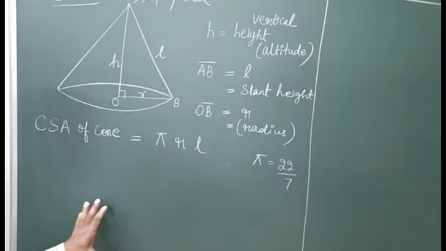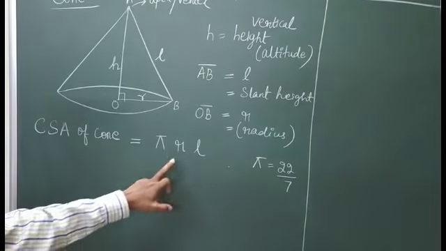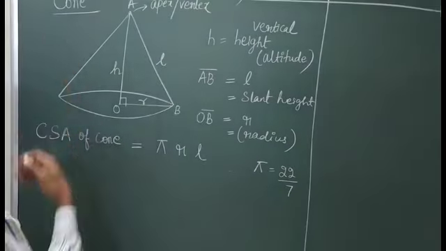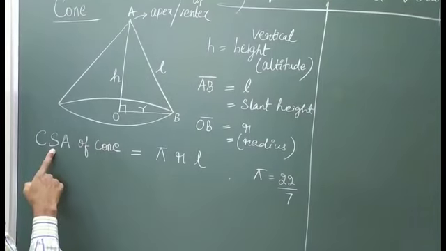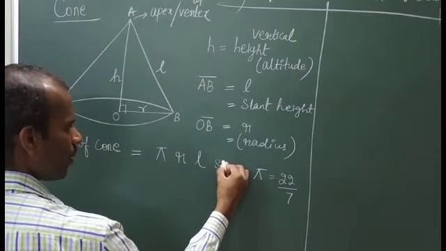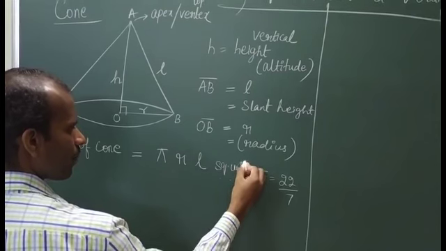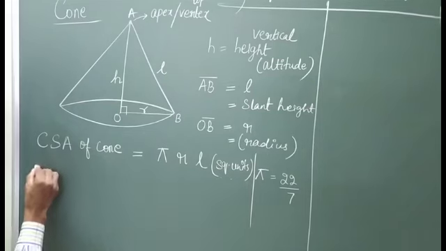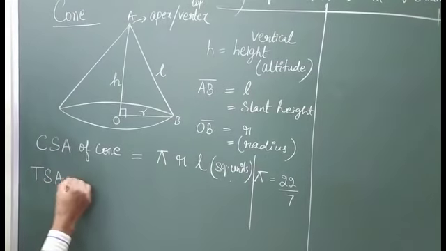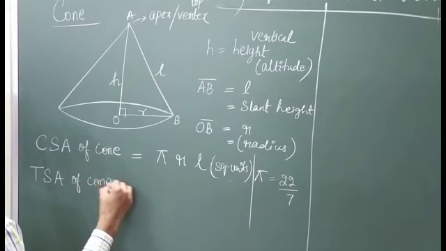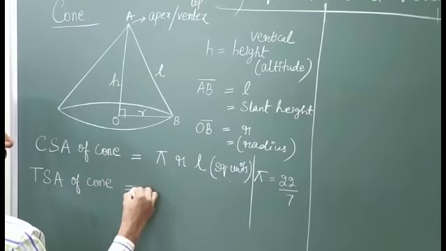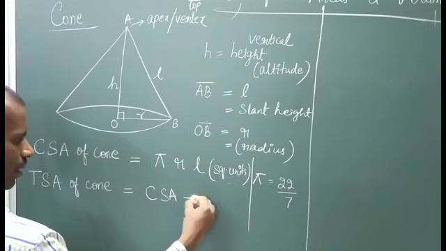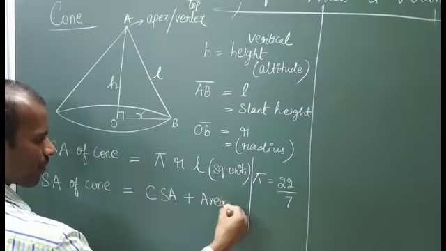At this stage we do not require any derivation of how we get this formula. Followed it? Just remember the formula for your 10th standard, pi r L. Since it is surface area, the unit shall always be in terms of square units. Then, the total surface area of the cone is nothing but the curved surface area plus the area of the base.